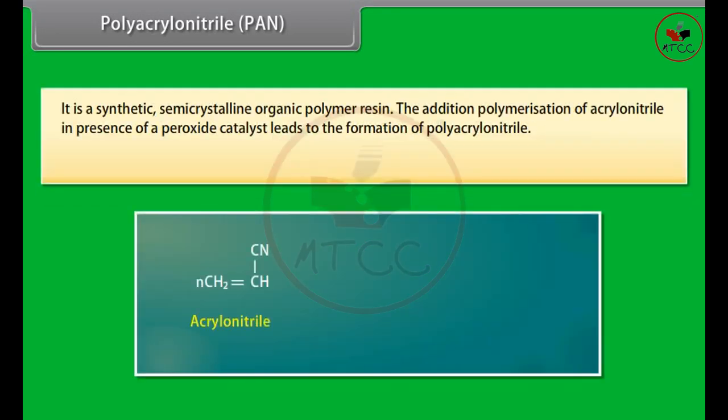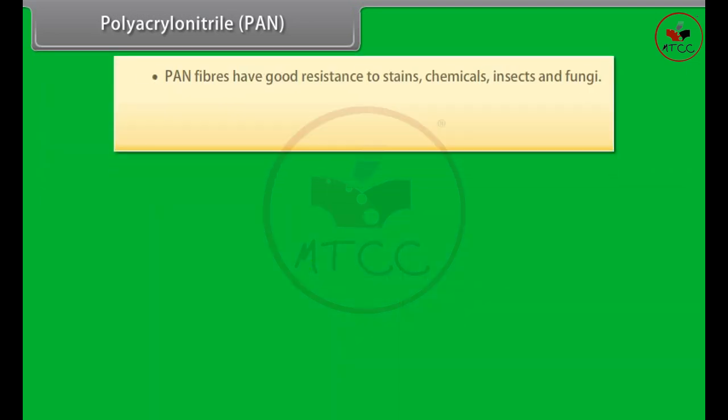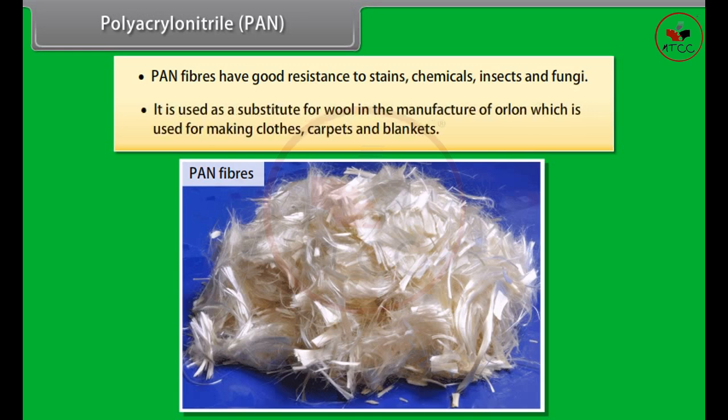Polyacrylonitrile, PAN. It is a synthetic, semi-crystalline organic polymer resin. The addition polymerization of acrylonitrile in presence of a peroxide catalyst leads to the formation of polyacrylonitrile. Though it is a thermoplastic, it does not melt under normal conditions. PAN fibers have good resistance to stains, chemicals, insects, and fungi. It is used as a substitute for wool in the manufacture of orlon, which is used for making clothes, carpets,